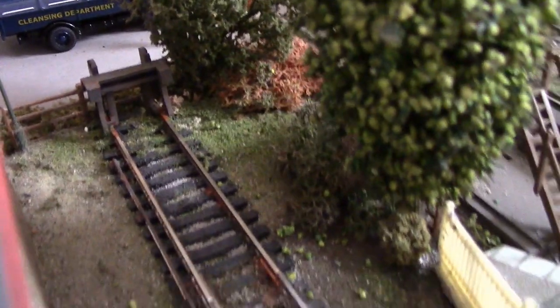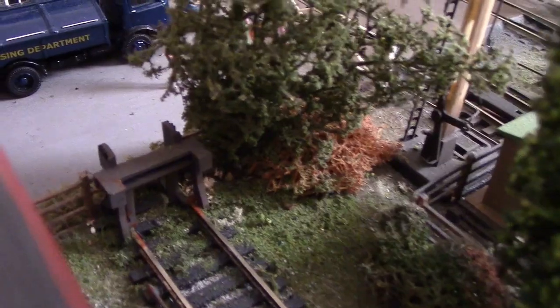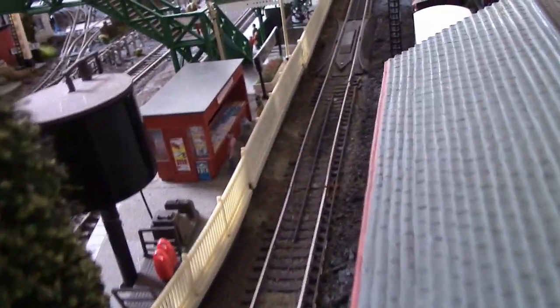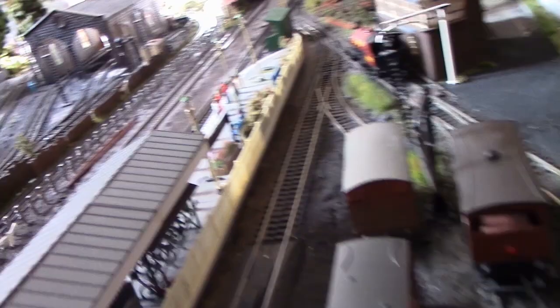And what I've done accordingly, I've slightly weathered this section down the end, so it looks as though it hasn't been overly used. Added some rust just underneath the buffer stops there, and obviously with the juice rail, I've made it look a little bit worn or rusty, so it doesn't get used that much. But now we've got the 38 berthed in there all the time, at least we've got proper juice rail for it to sit on. And well, I say proper juice rail, obviously in real life it doesn't work,